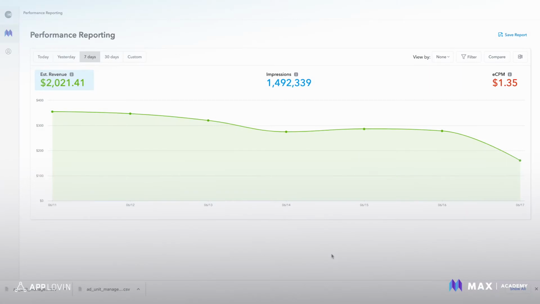In this video, I'll show you a report to help you easily track performance and identify opportunities for growth that you can use as a basis for optimization. Before we get started, let's first talk a little bit about how to analyze performance. So at a basic level, when looking at performance, one of the most important metrics is revenue.